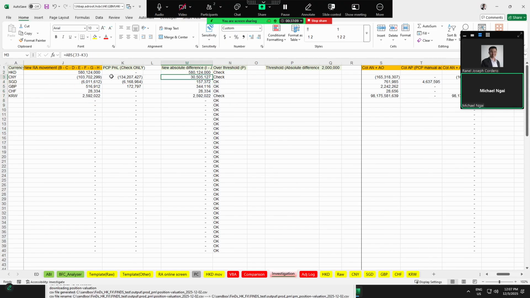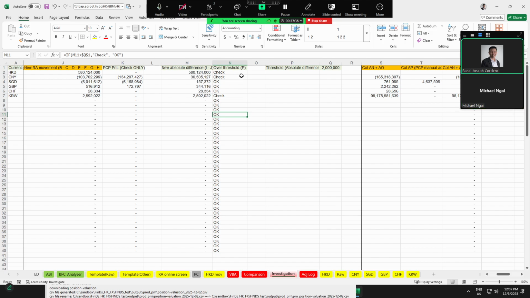For British pound, Singapore dollar, Swiss franc, Korean won, and Chinese dollars, because they are within the acceptable range and not a lot of weird RA movement happens, we will just focus on whether the P&L is valid or not.